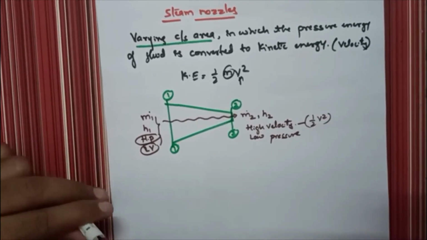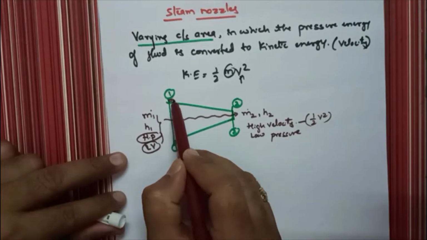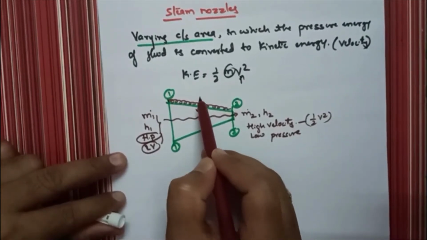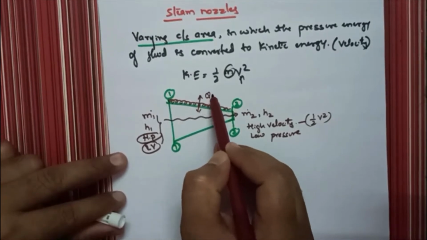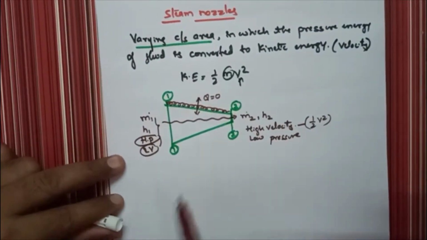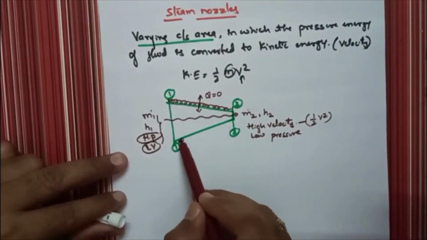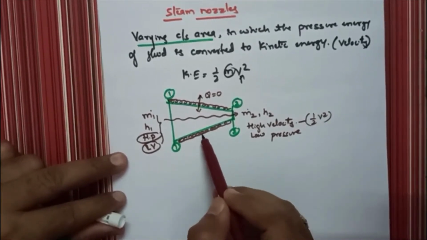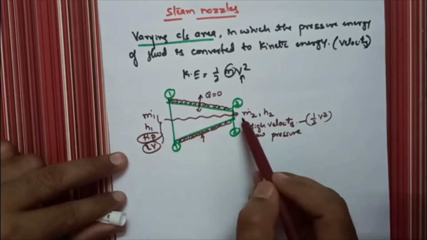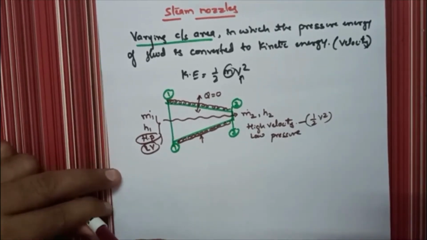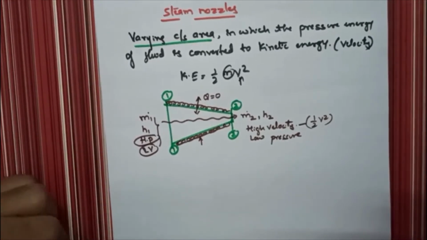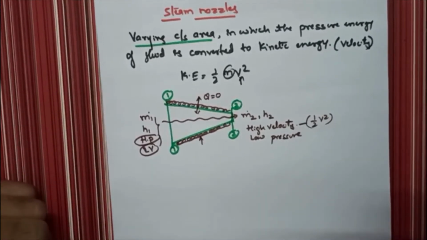Okay, so usually the nozzle is insulated so that heat exchange between the nozzle and the surrounding is 0. Okay, so what type of process it is? The nozzle is insulated, that is adiabatic. So through the nozzle expansion process takes place. So what is the name of the expansion? Is reversible adiabatic expansion process.